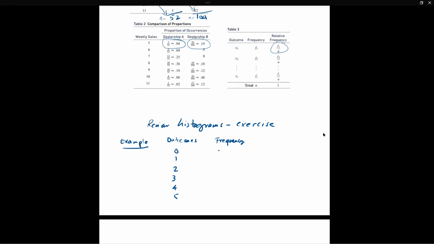Let's say 0 showed up 3 times, this one 4 times, and this one 23 times, and this one 27 times, 17 and 6, right? And of course, you do relative frequency,